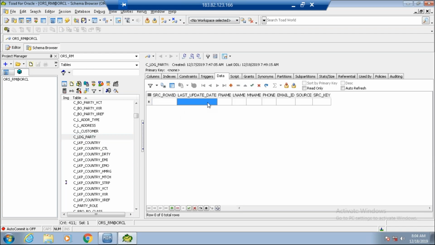Okay, last update date. We will try to do it. So this is the disadvantage in Toad: you cannot directly update the date here, I guess.